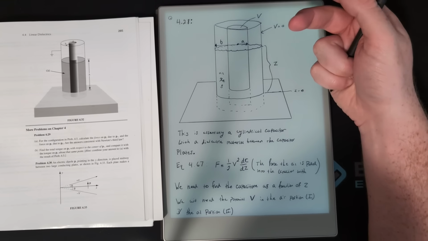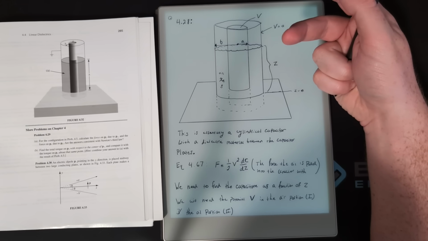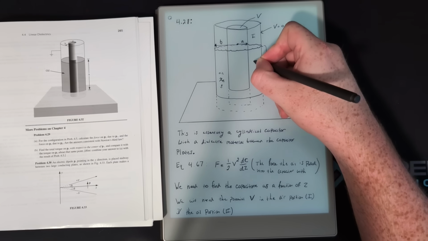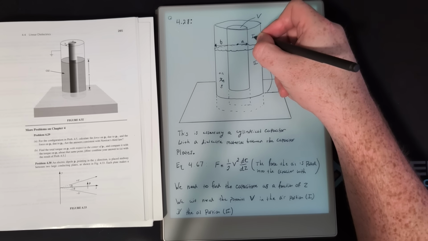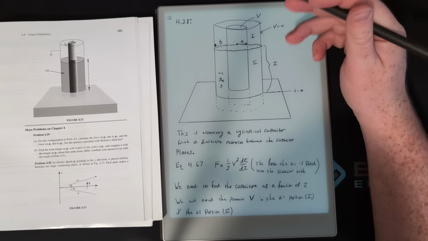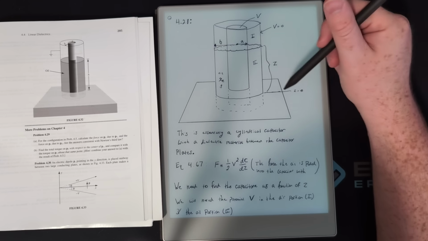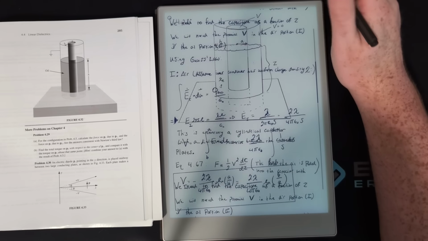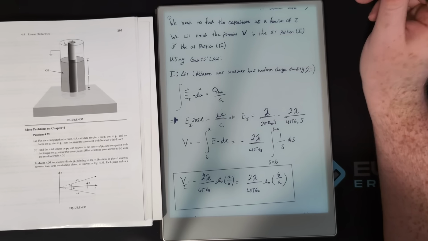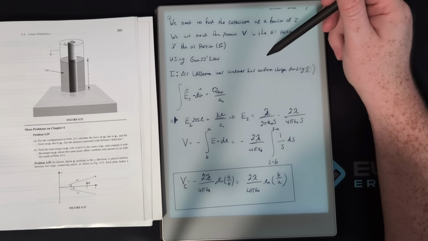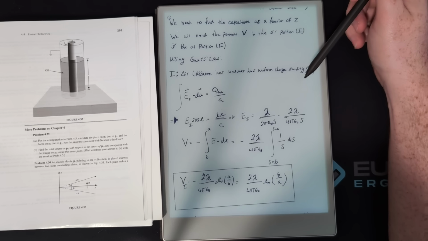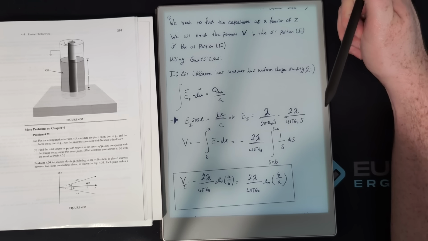But the potential is going to be slightly different because there's two regions here, right? We have this region here, and we have this region here. We have the region inside the dielectric and a region outside the dielectric material. So we need to figure out what the potential is in each of these regions. Well, we can do that by using the field. If we can figure out the electric field, then we can figure out the potential pretty easily. And we can figure out the electric fields pretty easily because Gauss's law allows us to do this